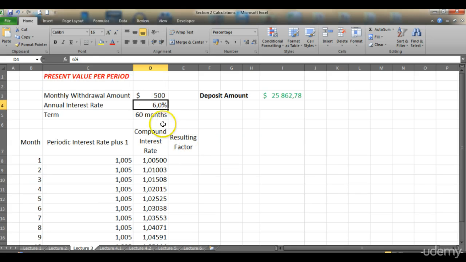And at the end, when we deposit this amount, in the last month the fund will be depleted. We won't have any money at the end because we withdraw a certain amount of money every month, in this case 500 or